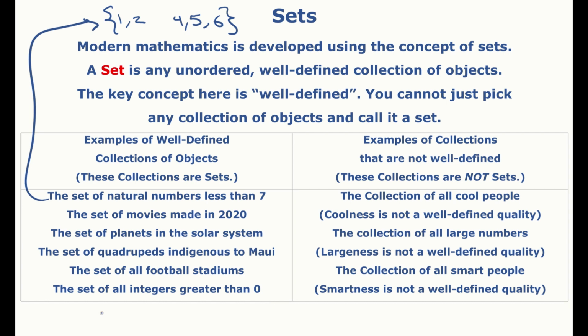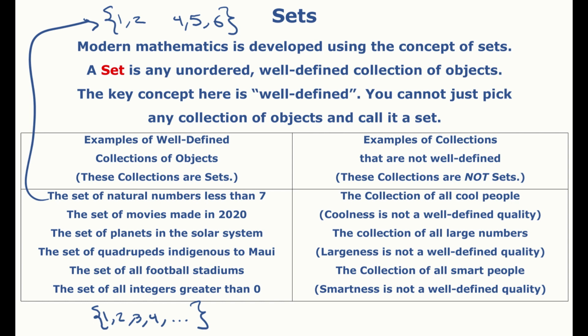Let me actually write it out. Notice that it would be the set containing 1, 2, 3, 4, etc. The ellipsis here indicating that this set goes on and on, right? Notice that this set has infinitely many items in it, so we call it an infinite set. All right. Now let's look at